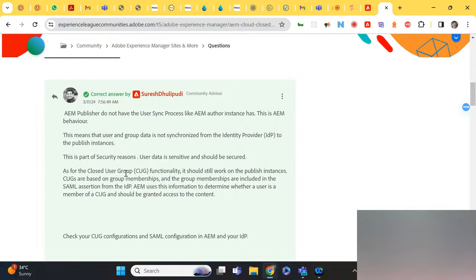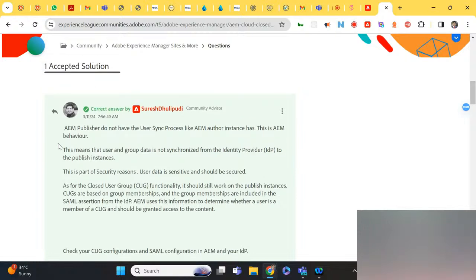Yeah, there is a clear answer mentioning that AEM publisher does not have a user sync process which will sync the users accessed by end users. So from the identity provider to the publish instance, we cannot directly sync the users.